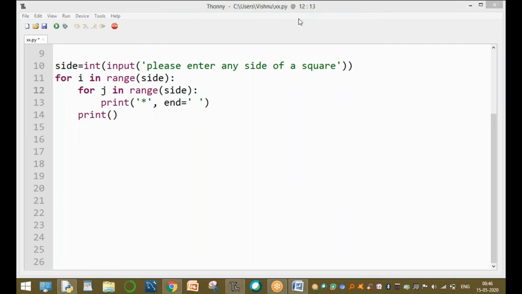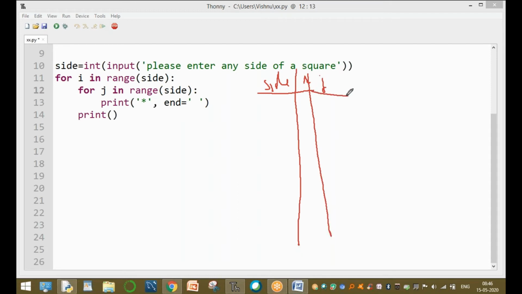So these are the side values, and the i and j values.